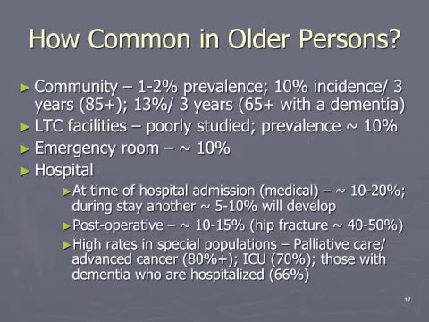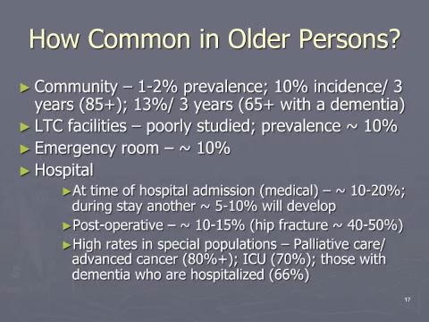And we'll move on to talk about how common this condition would be. And we're going to be focusing, as I said in my earlier remarks, on acute care. Studies of older individuals in the community would indicate that about 1% to 2% of older individuals would have a delirium in the community. And over time, the incidence would be in the range of 10% over 3 years, maybe up to 13%, particularly if they have a pre-existing dementia.